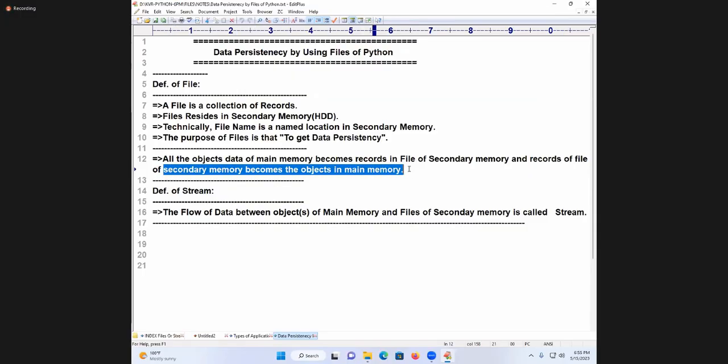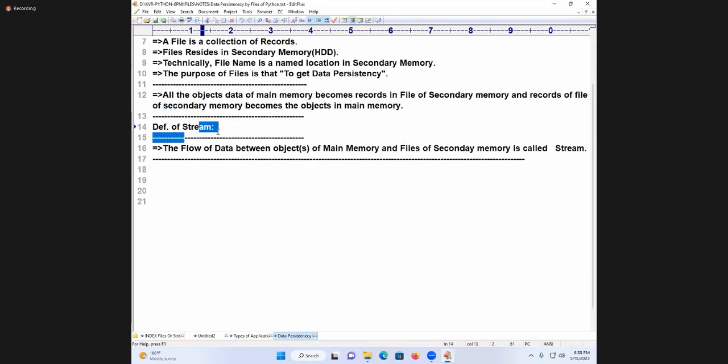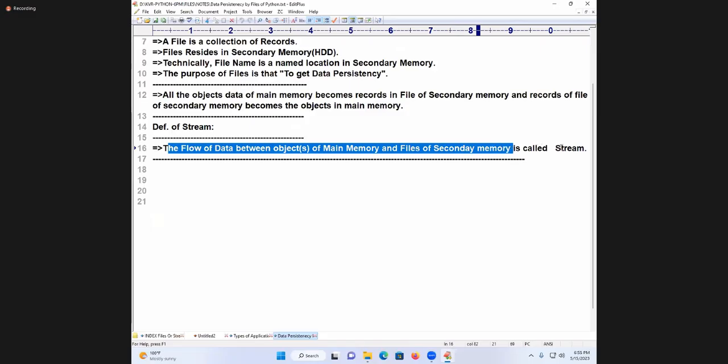An object becomes a record in the file, and a record of the file becomes an object. Definition of stream: the flow of data between objects of main memory and files of secondary memory is called a stream. Following?